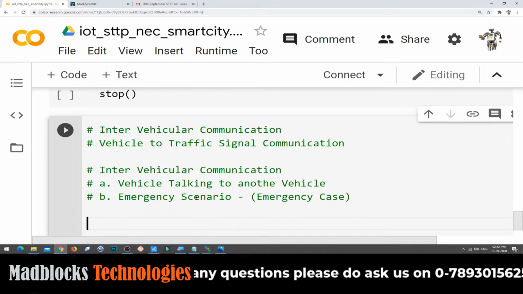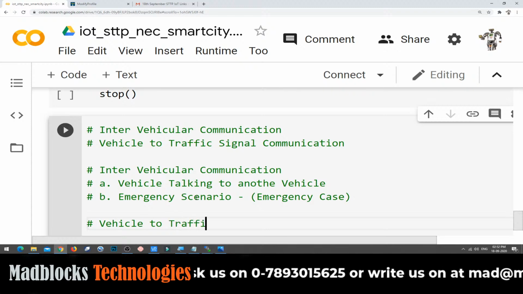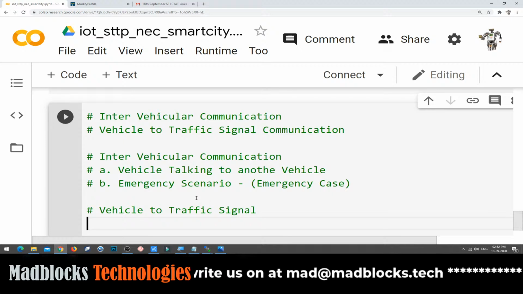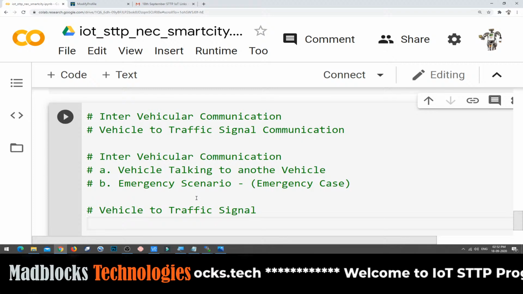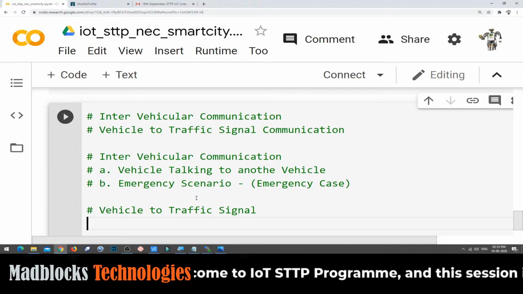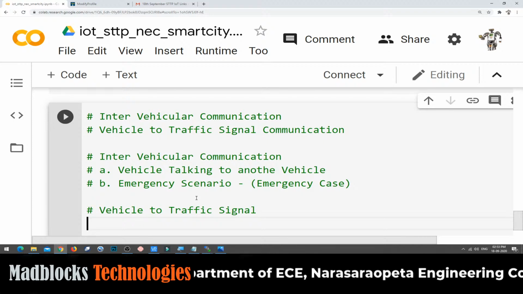This is inter-vehicular communication, and also let me talk about vehicle to traffic signal communication, wherein a vehicle wants to communicate with the traffic signal, say I want to go straight, or go left, or go right. This kind of data is being collected by the traffic signal from different vehicles. Based on the left, the right, and the straight, the traffic signal will be able to understand how many vehicles there are. It can identify the traffic density,